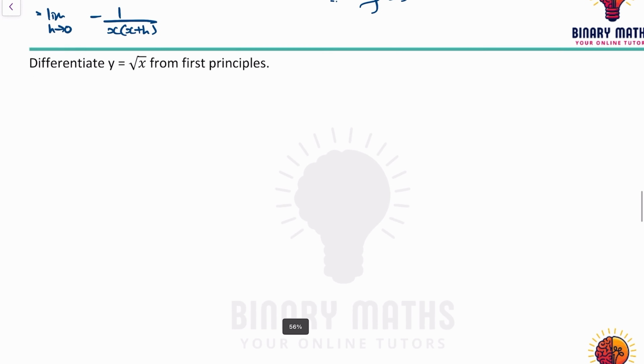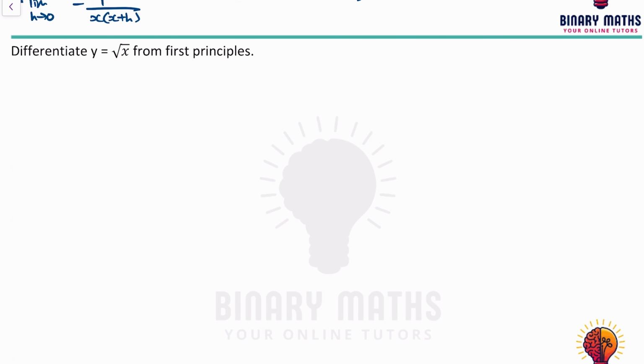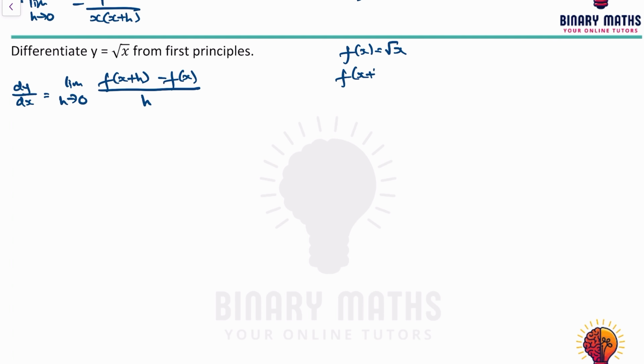Okay. Next example, differentiate y equals root x from first principles. Again, because it's in terms of y, I'm going to write it as dy/dx, the derivative of y in terms of x, which is equal to the limit as h tends to 0 of f(x plus h) minus f(x) all over h. If f(x) is equal to root x, then f(x plus h) is equal to root of x plus h. So it's equal to the limit as h tends to 0 of root x plus h minus root x